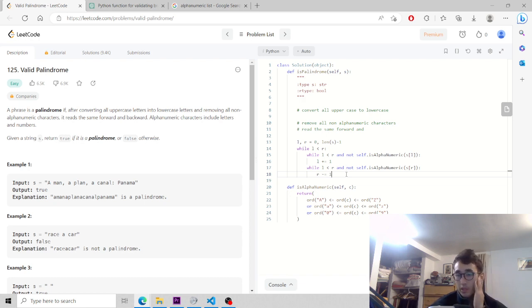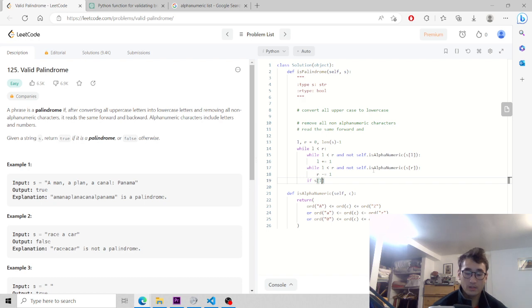I'm not completely sure what these do, but I'm guessing it's searching from beginning to end and from end to beginning, because we have L being 0 and R being the length of the string minus 1. So we're just going in reverse order and iterating, changing these counting variables to check if